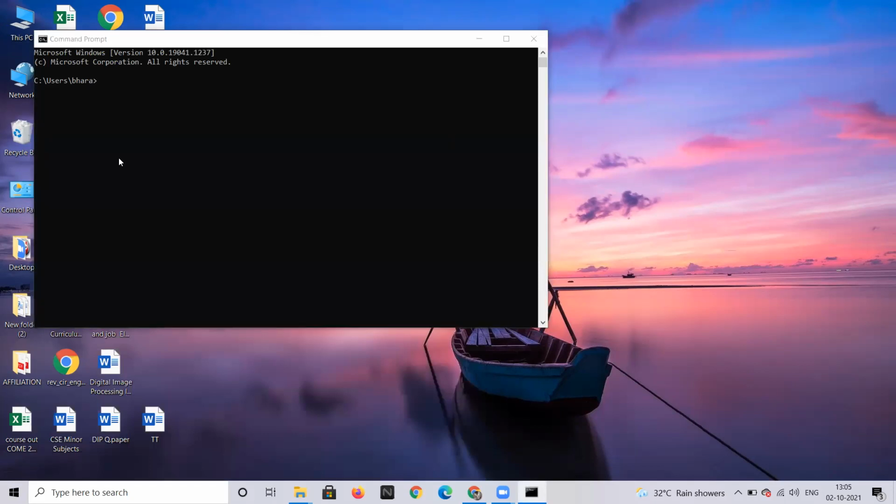Here please type the command javac. Javac is not recognized, because in our Java software installation is one thing, and another important point is the class path setting. The path setting is very important for the Java installation. That's why now I will show how to set the class path. Please observe carefully.